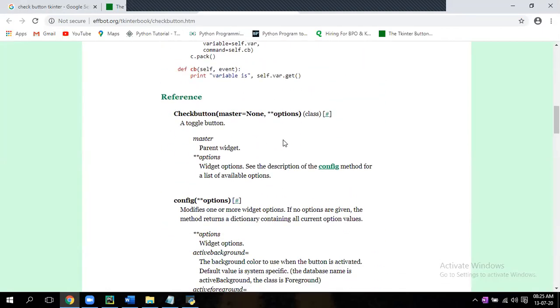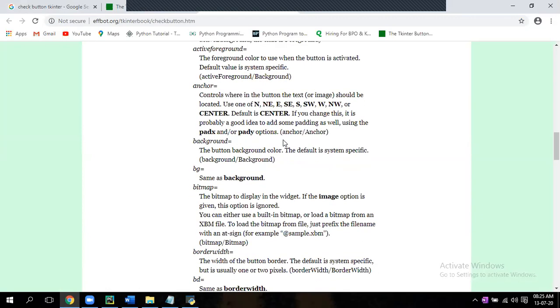See here, background, center, and this is anchor. So north, east, south, center, how you want to give. If you want color, you can give background equal to some color.